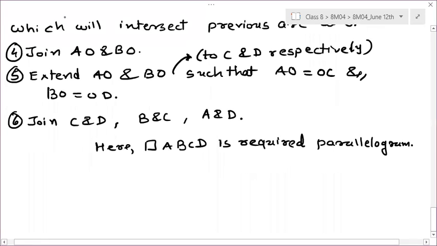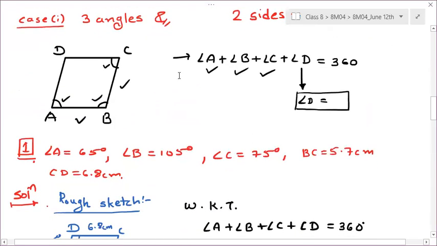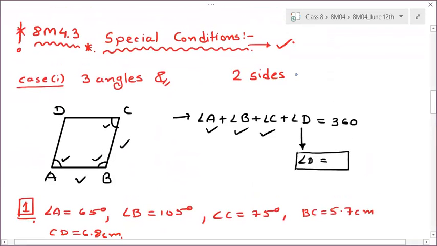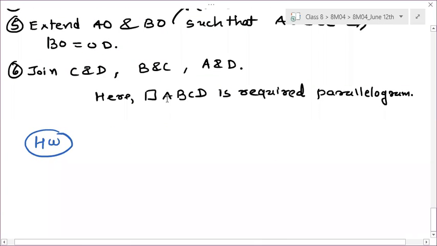So for today's homework, see, there is no need to write anything in the formula book over here, right? Because this is only your formula. In the formula book, you just have to write this one step: when 3 angles and 2 sides are given, we will use this formula, right? Just write this in the formula book one time. It is enough, or you can write it 2 times. Only 2 times is enough. So write this in the formula book 2 times, and in the regular book,